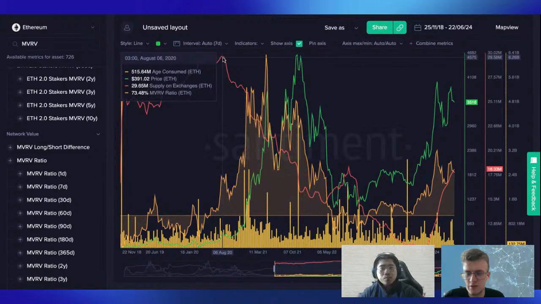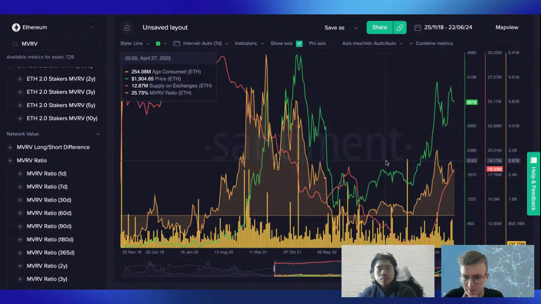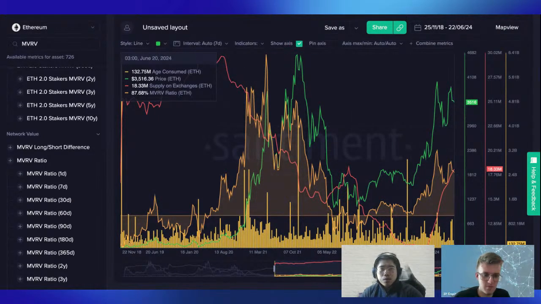So the all-time high supply on exchanges was almost 30 mils. Right now it's almost 20 already. So it's a more logarithmic scale here. Yeah, and then just to add,